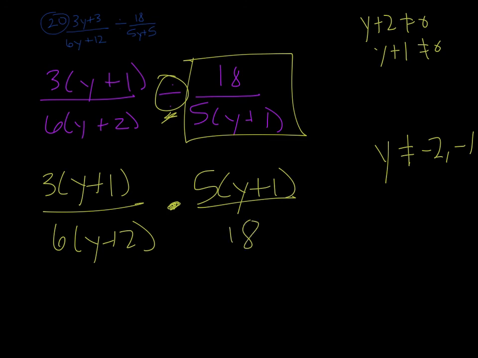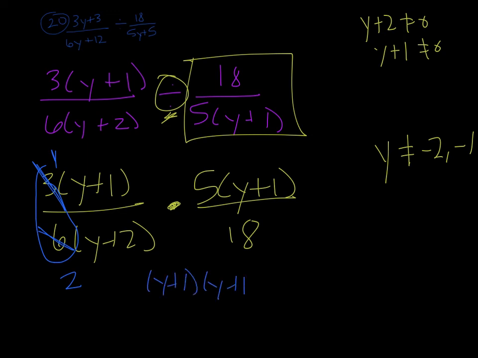Okay? So, looking at this, I have nothing that I can cancel with my y's at all. But I can cancel this 3 and this 6 right here. I can say this would be a 1, and this would be a 2, 3 over 6. And then I have nothing else that I can cancel. So, on top, I have y plus 1